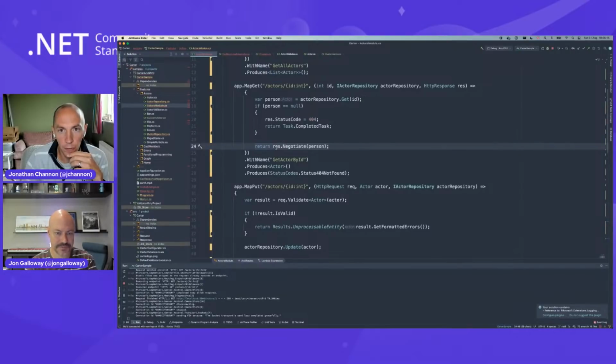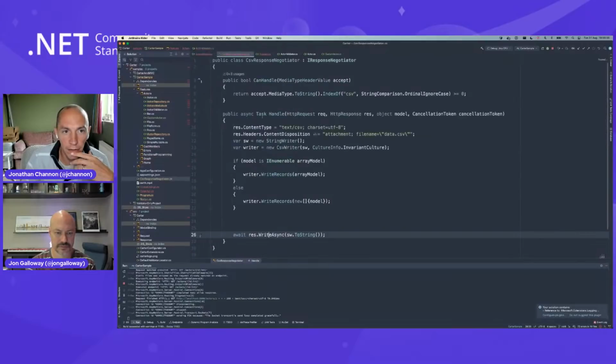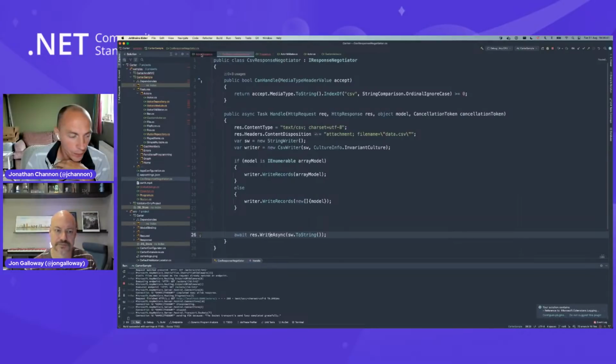But here we inject our HTTP response into our delegate, and we then call our Negotiate extension, which Carter has got. We pass in the object that we want to content negotiate, and it will either return as JSON or CSV or whatever you write. This could be an XML negotiator, for example.